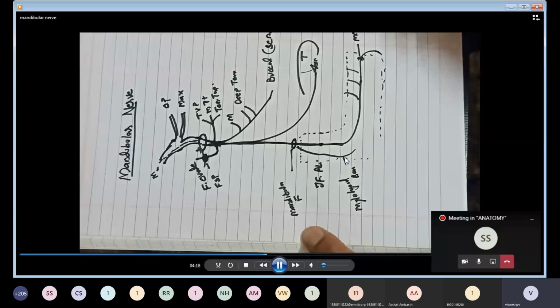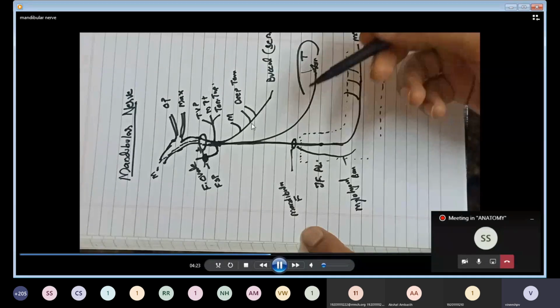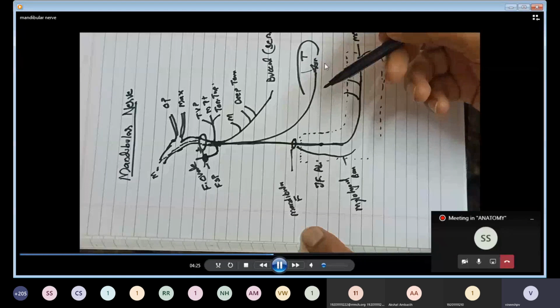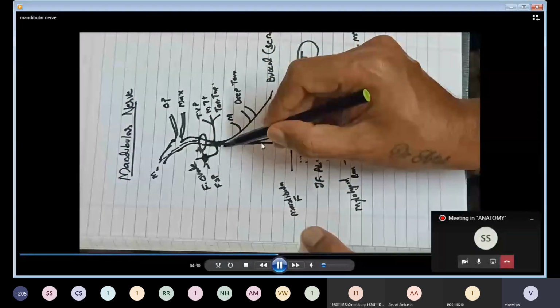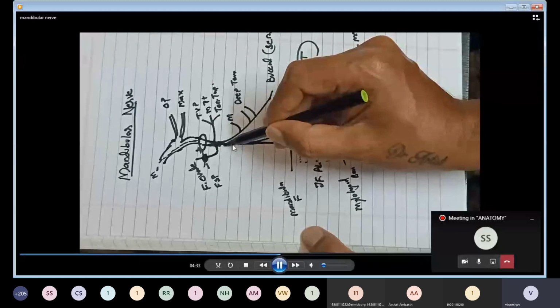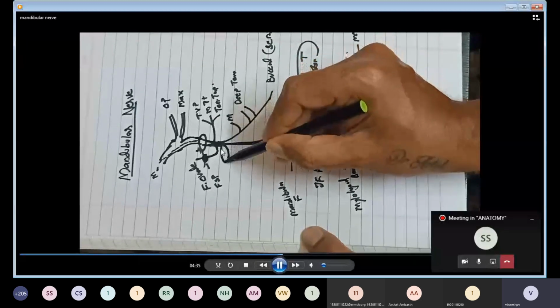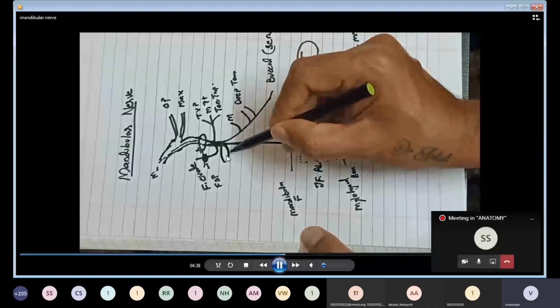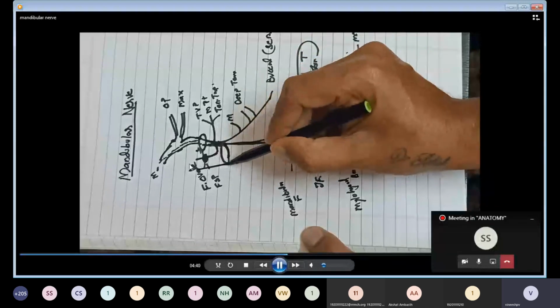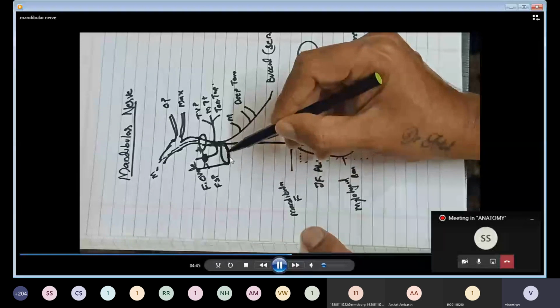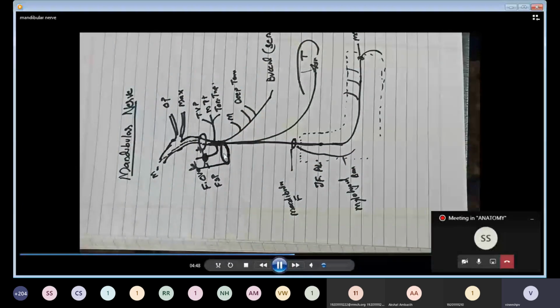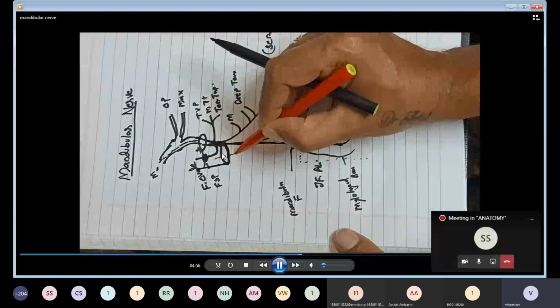Clear? So here I forgot to draw a lateral pterygoid branch too. You have to draw the lingual nerve, which supplies the anterior two-thirds of the tongue. Then one more branch, what I told, is the auriculotemporal, which divides into medial and lateral roots, then joins and supplies the scalp. So it encircles and encloses what? The middle meningeal artery. So you can draw the middle meningeal artery in between.